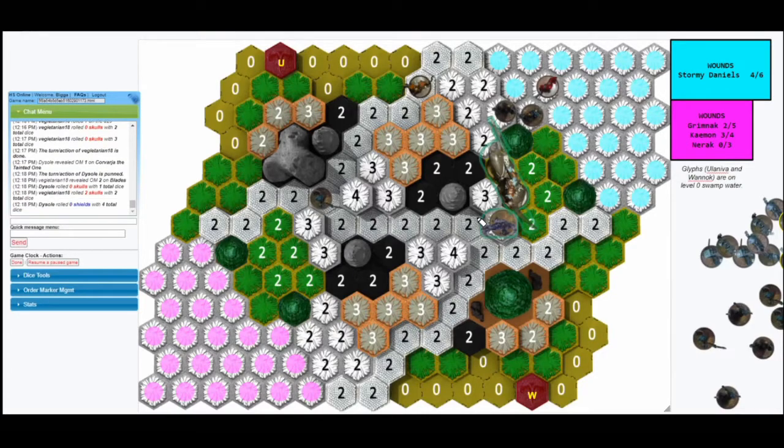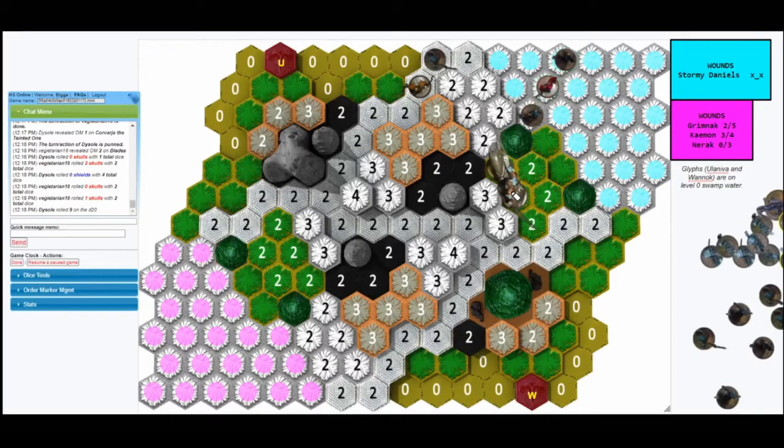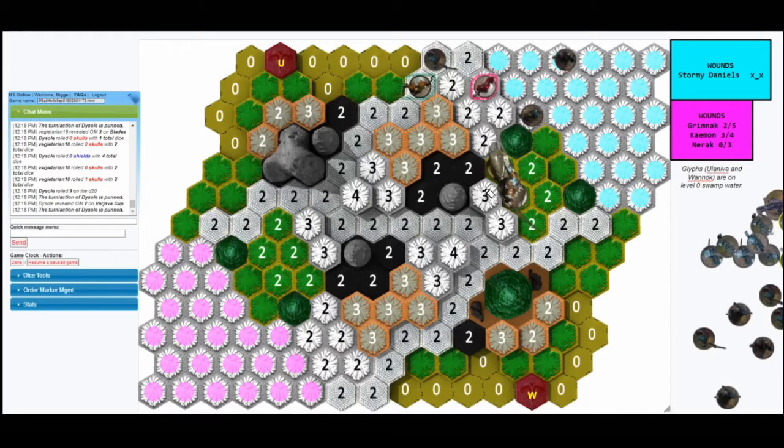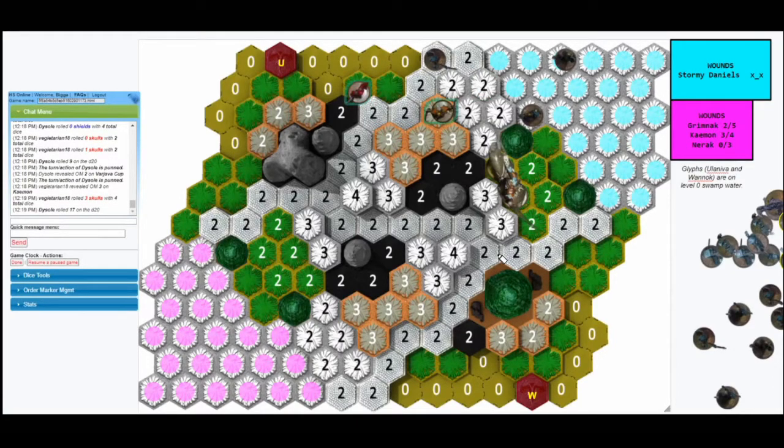Yeah, I didn't love this move just because you're pushing up close enough that this could happen. Obviously, that was pretty unlucky, but all the same, after that there was no need to put yourself in Grimnak's threat range. Right. Exactly. Even if that attack doesn't go through, you've got two Blades who can just disengage and get an attack of 3 and an attack of 3. Yes, you could get two in there. You could even get one of them on the level ground. So I would have had Varja at least one space farther back, where you're only taking an attack from the one Blade that was sitting on the road. Yeah.